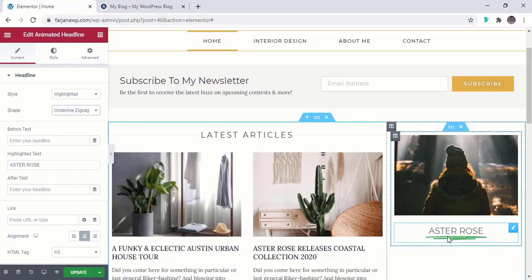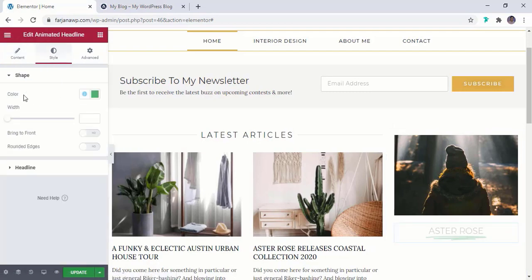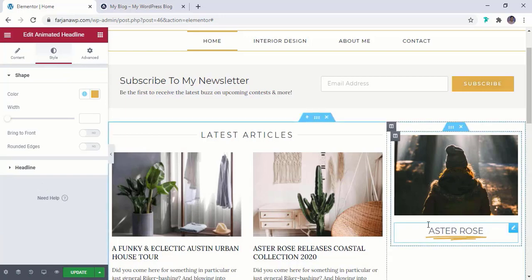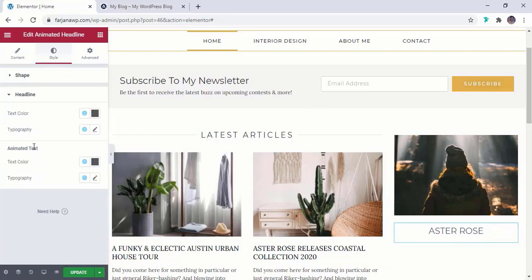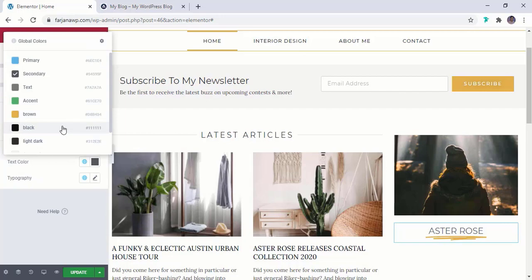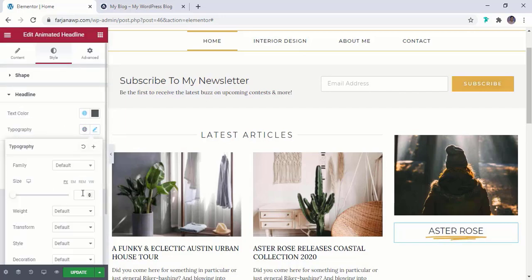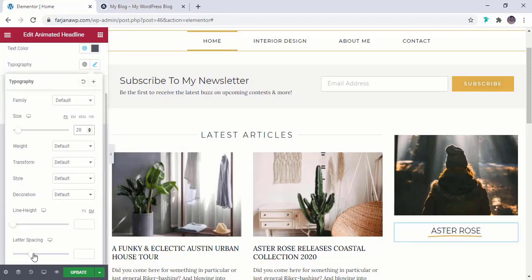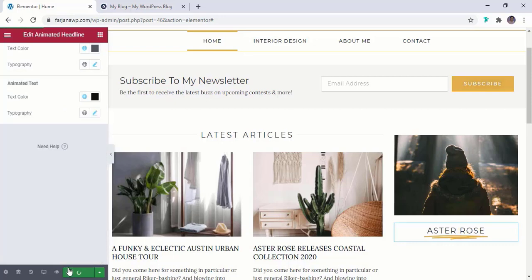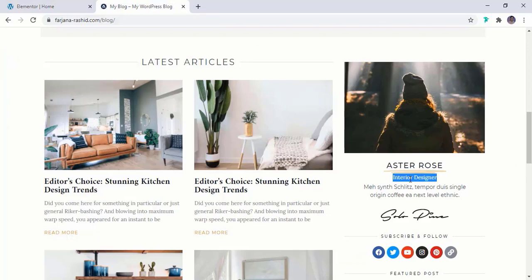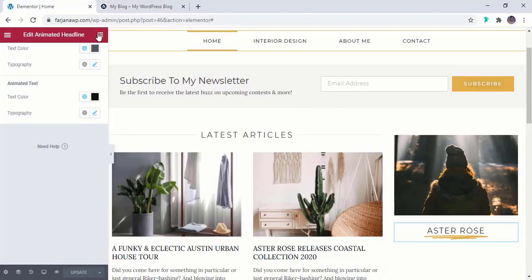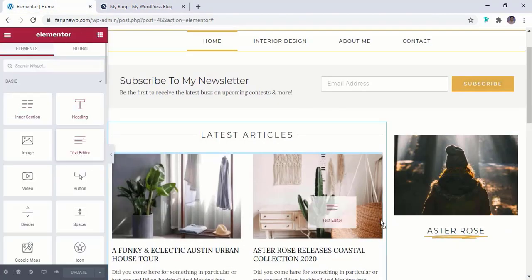And now we can change the color from the style tab, the shape color to brown, and for headline font, animated text color we can make it black. Okay, so from here you can change the font size to 22, and here I'm adding some letter spacing and save it. Then here is another text, so here we can take a normal text